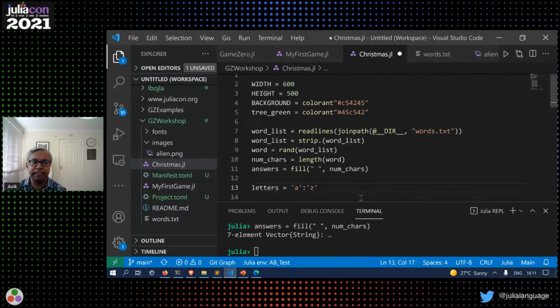And so A to Z is the list of all characters between A to Z. And then I have something called collect, which will take that A to Z iterable and actually create an array. So let me show you how that works. Again, A to Z. Right? That just gives me, starting with A, one character each, and ending with Z. Right? And then if I collect that,